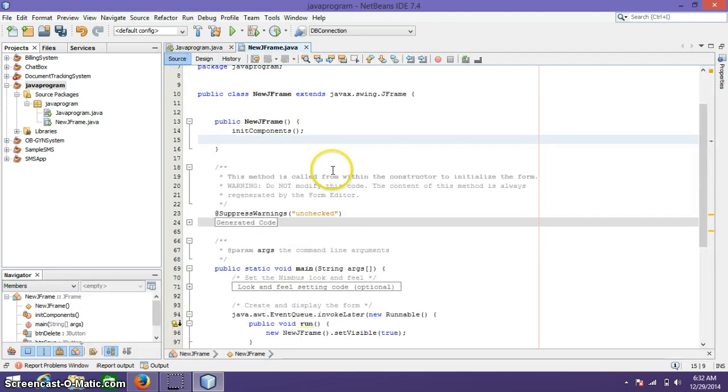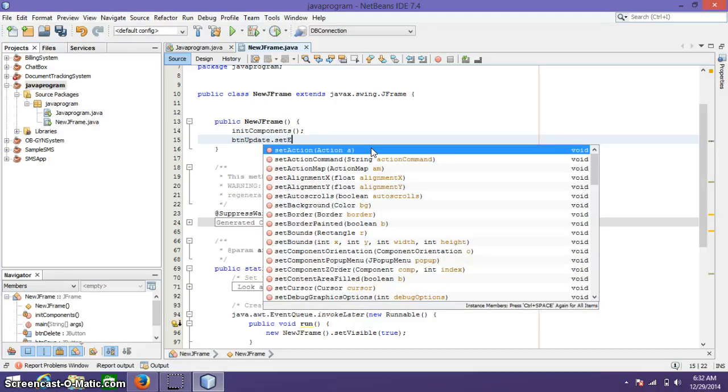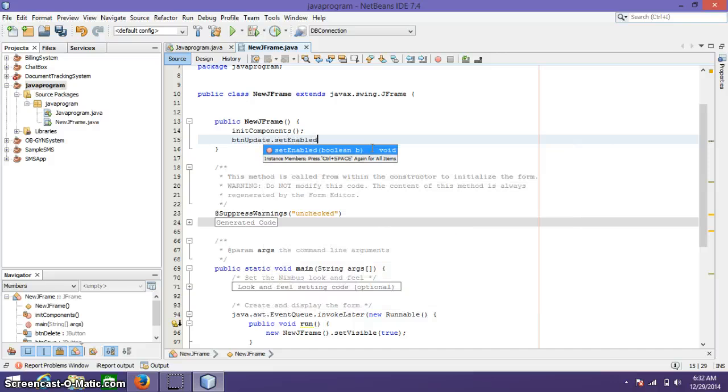Okay, then paste it. Then setEnabled false.